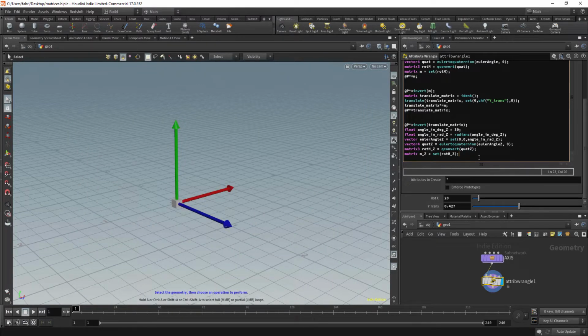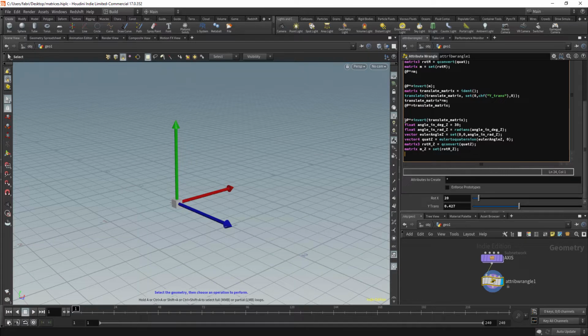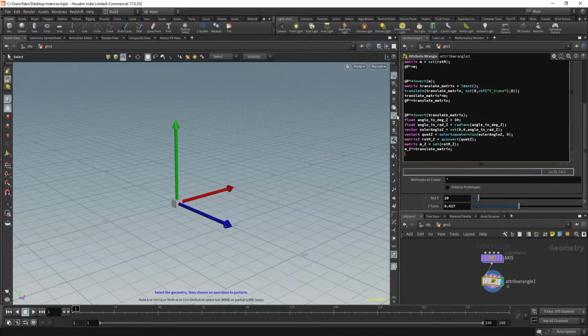All right, so now that we have that, again we have to multiply that back to the original transform matrix, so that we just undo this invert sign here. So our mz will be times equal the translate matrix, so our previous transforms. And then finally we just apply that back again to the points. So points will be translated with the matrix of the z rotation again, and sure enough, now you have this